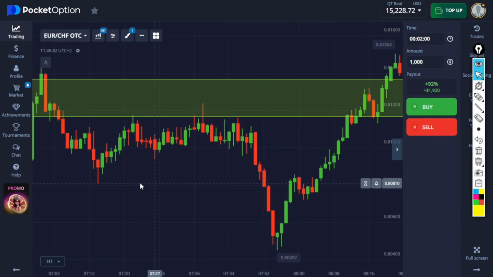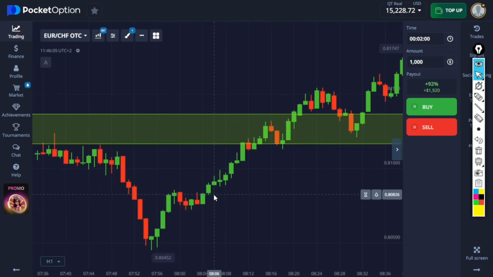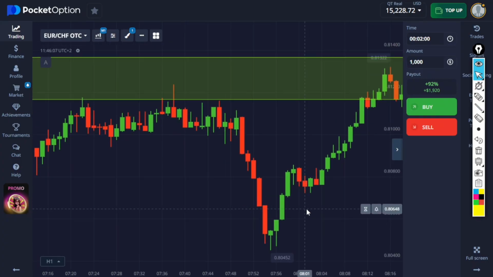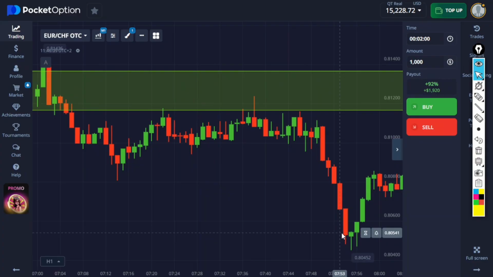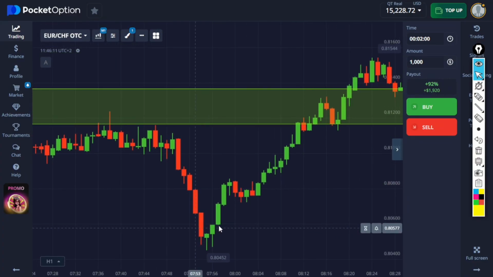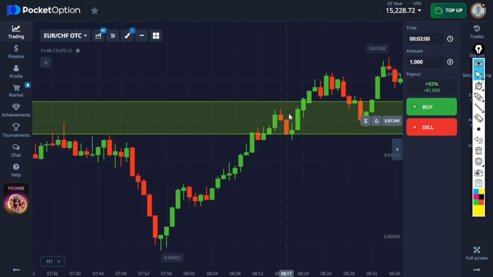Now, what about the fourth retest? This is an interesting one. Okay, so price ended up dropping to the downside, and then on the fourth occasion, it rose back up into this resistance zone. And naturally, what are we going to do? We're going to look for sells, right? So price pushes up,